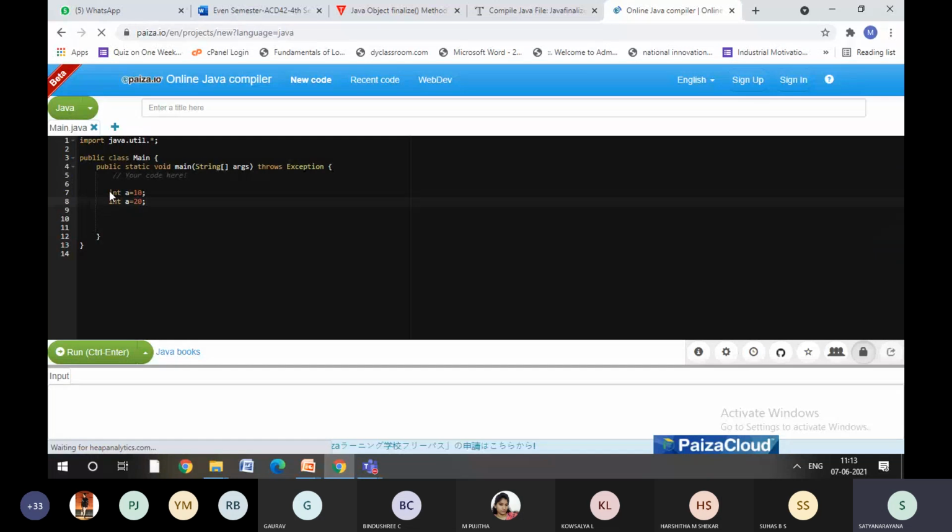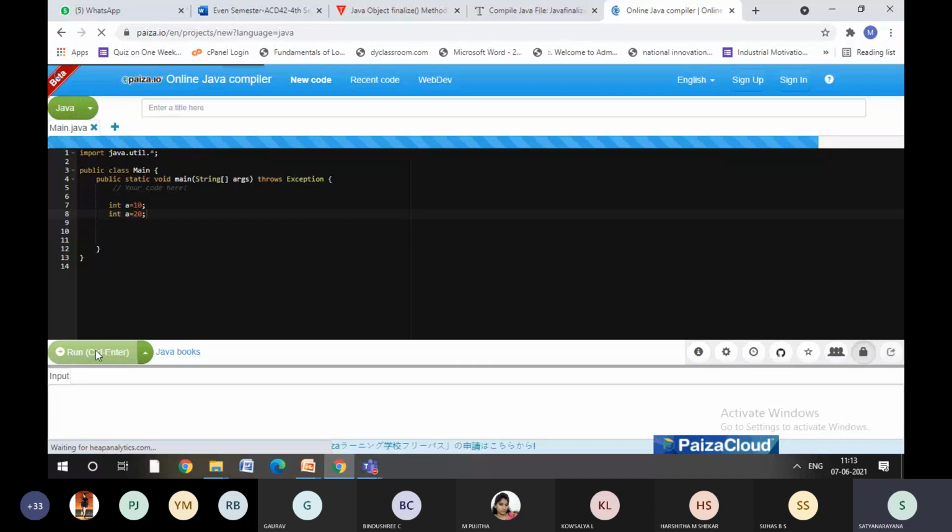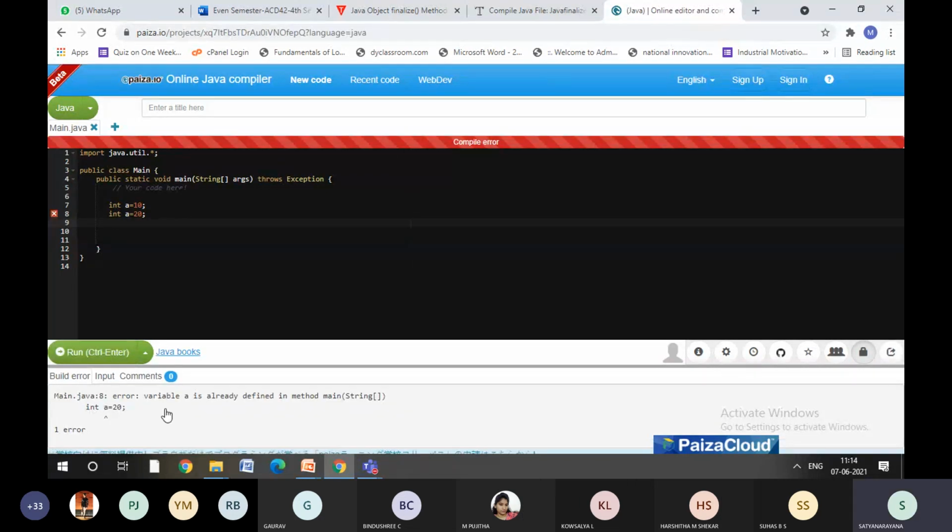So when I use it like this, and then when I run the program, what is the error it is telling? Variable a is already defined in the method.